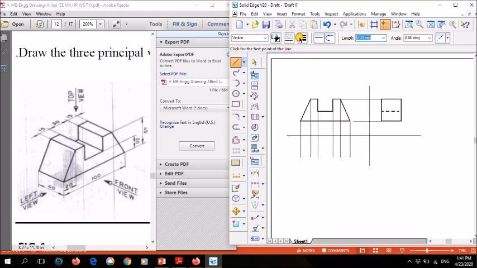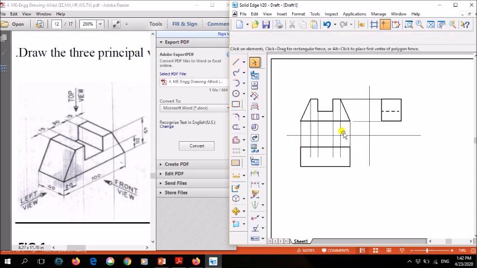Clear? Now I've drawn the projection. So what is its width? This longer width, or what we call the length, is visible when you see from the top. How much is this length? 100 mm. So I'll start from somewhere here, and draw 100 mm. Next I've drawn from here to here. Now this width, how much width is it? When you're seeing from the top, this width is visible, right? How much width have they given? It is 40 mm. Same way again, from here to here you draw it like a box or a rectangle. 100 mm it is, and then finally complete it. So this is your top view.